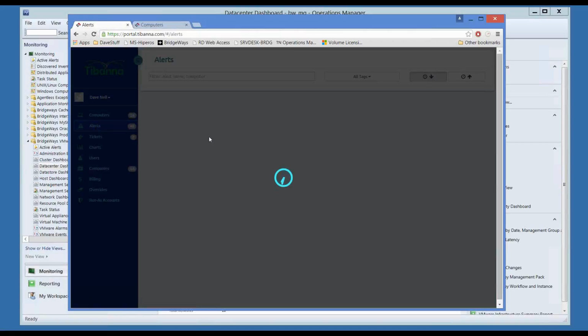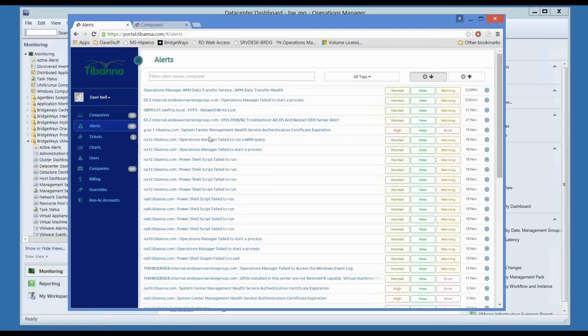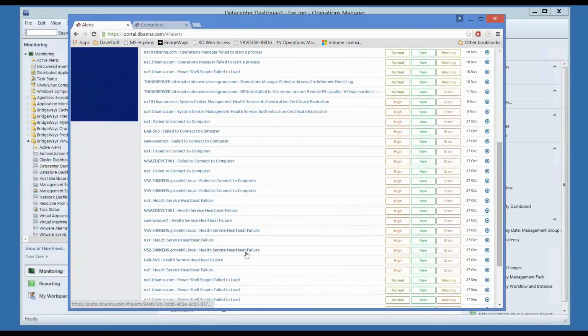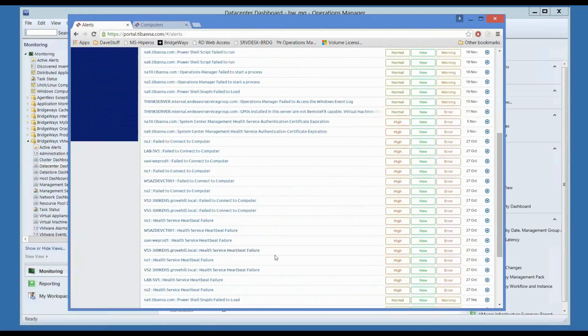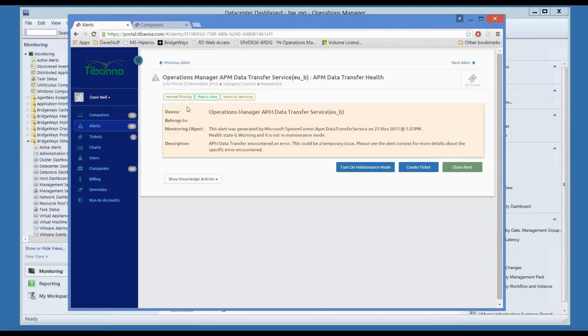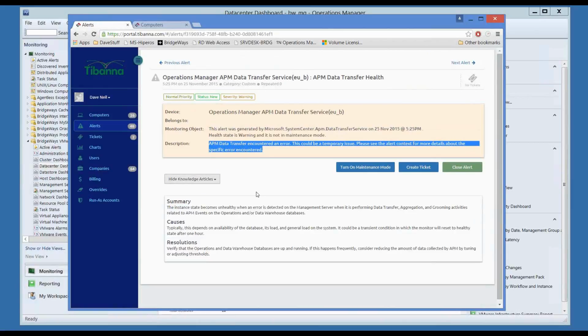If I go over here quickly to an alert, I can see all the alerts that are being brought in for all the computers that are being monitored in this system. So if I'm quickly going to go through here, I'm going to look and say, okay, what's going on with a particular system? I can say, all right, I have an alert. It gives me an idea of what the alert is, a description of it, and now I can open up a